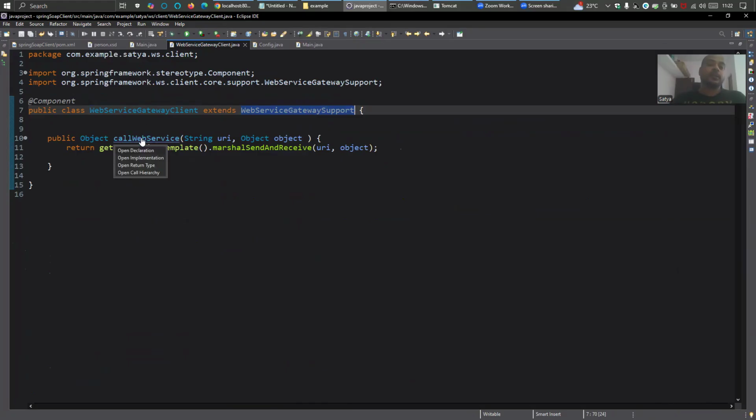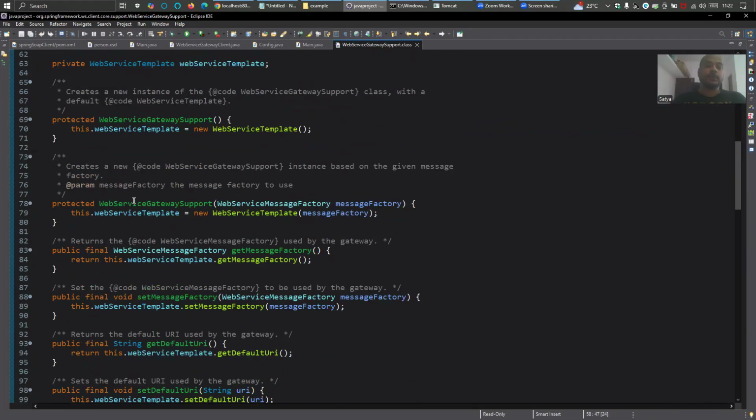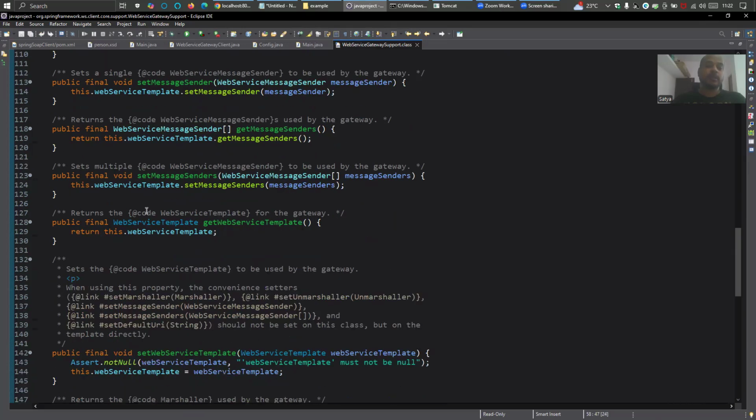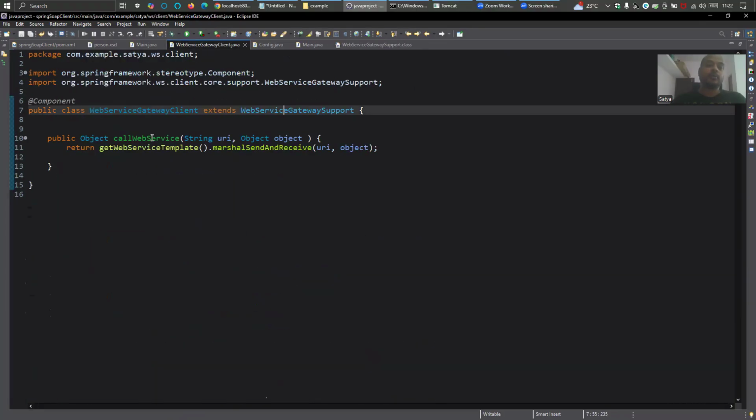And if you see this get service, this support, right? This get service where support has so many constructors, so many configurations which I have here. So when we make this class a component or configurable,